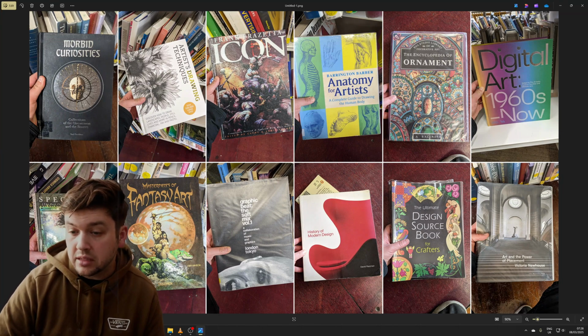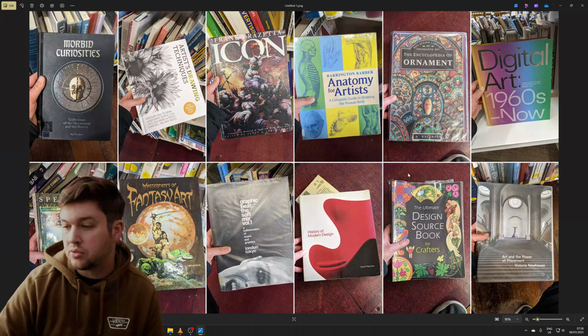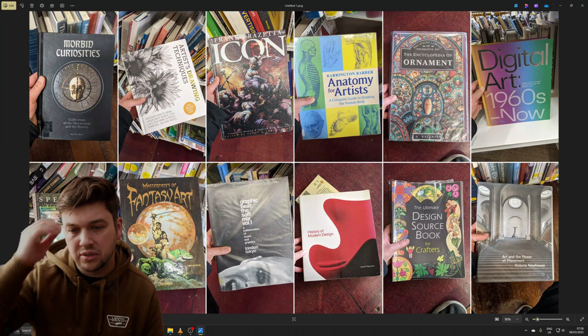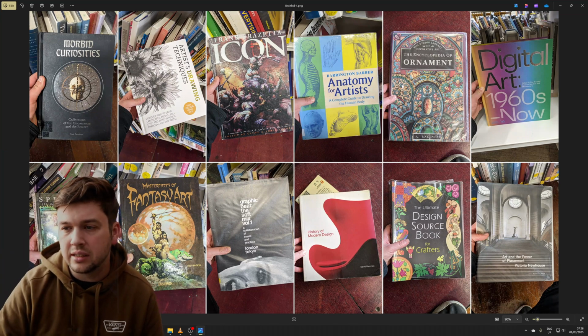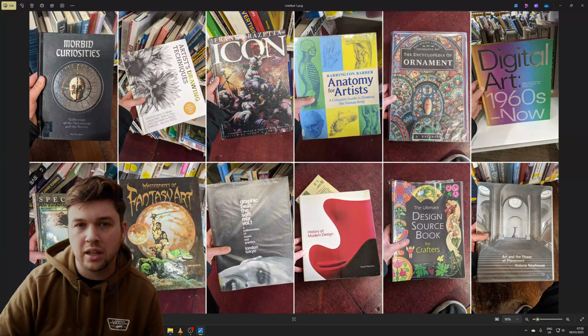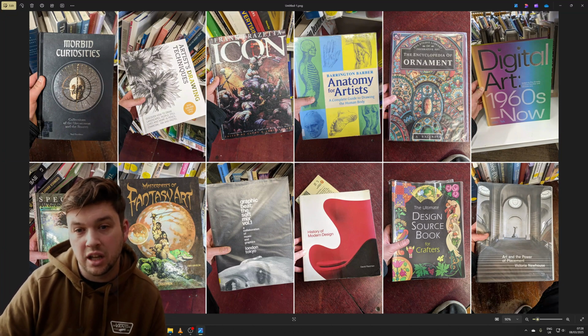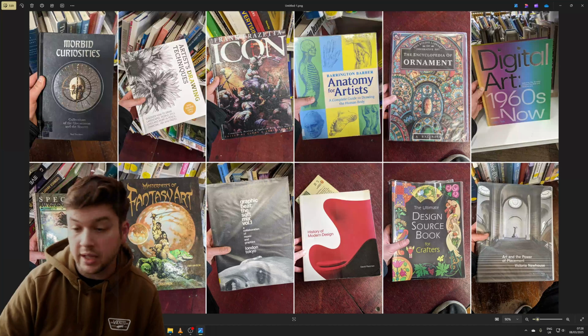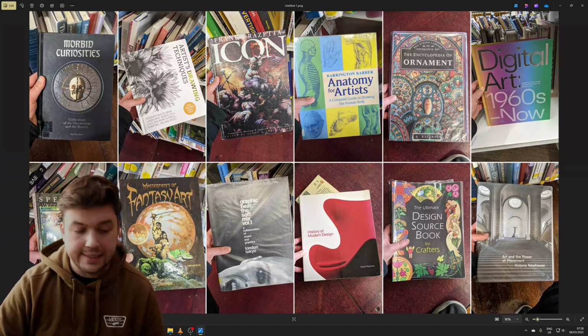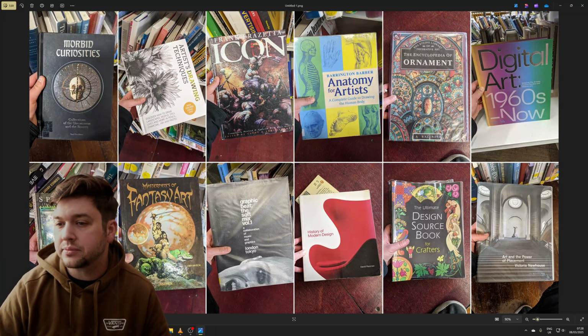There's lots of ornamental books you can copy things for borders from. Like I said, art history, the history of digital art and stuff. Very useful, and a good range of things depending on whether you're an illustrator, a graphic artist, or a photographer. Any kind of digital art, any kind of art in general, really will be covered. And the final